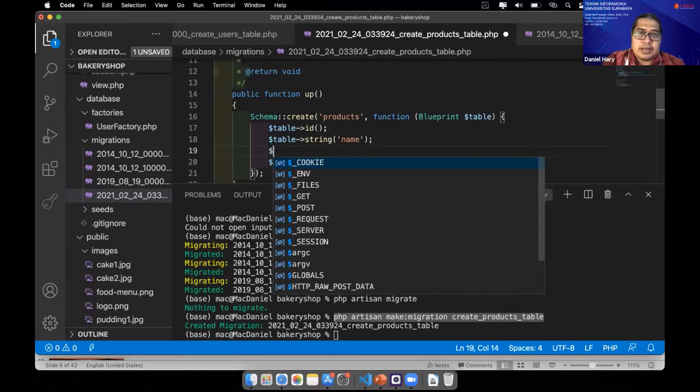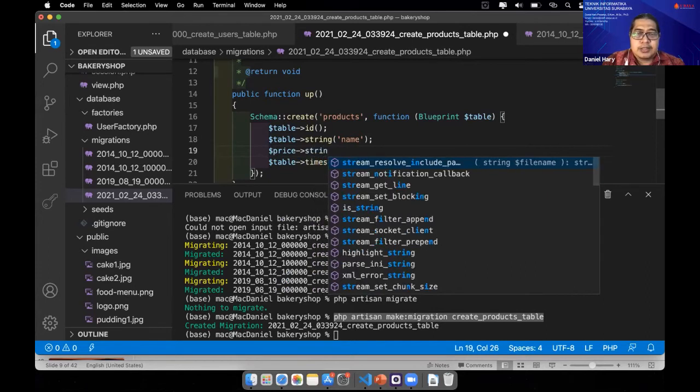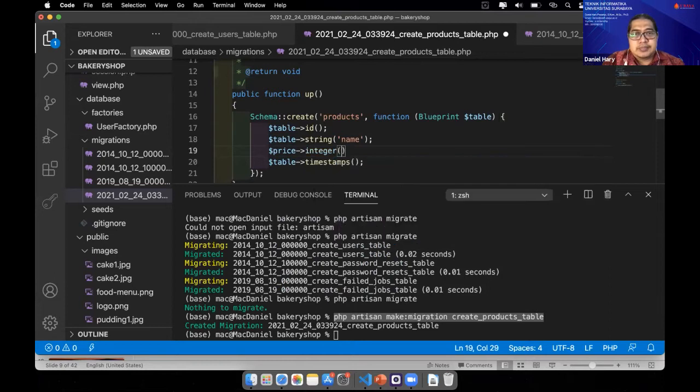And then price, the price of the product. I think integer is enough. Put price here. Name of the product, price of the product, and what else?